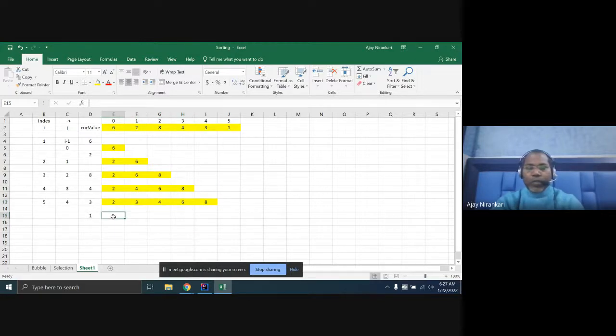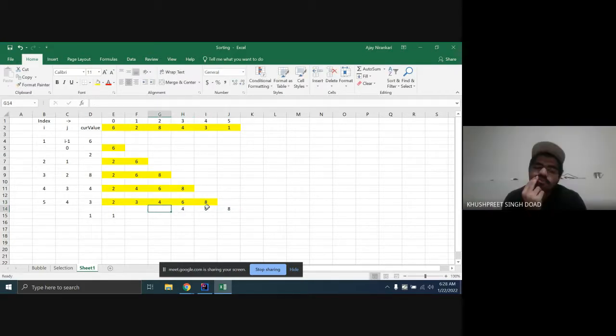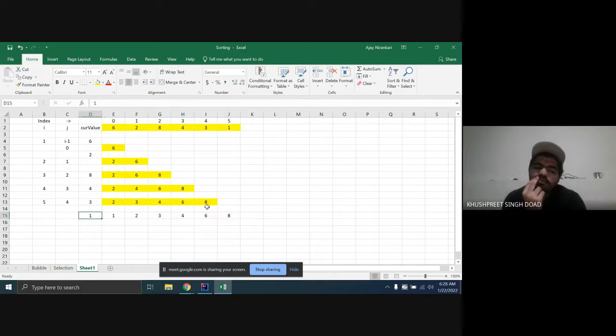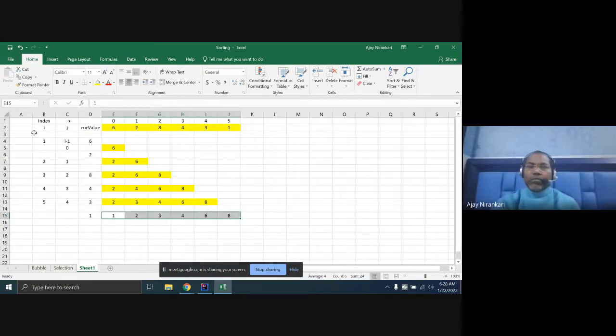So this is the proper place here, and all the data here shift here, right? This is shift 8, this is shift 6, this is the 4, this is the 3, this is the 2, and now you get the sorted element. So this is the logic here. You are just selecting one element and putting it in the proper position.